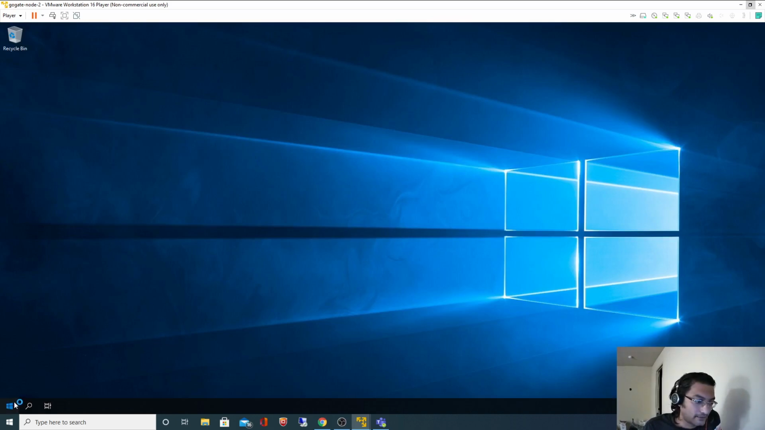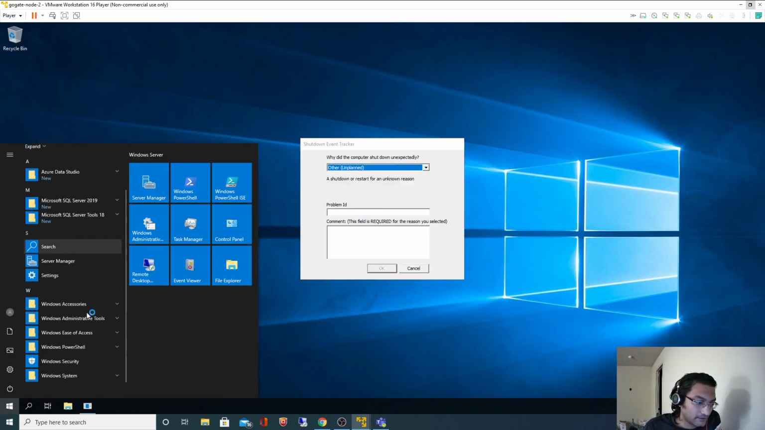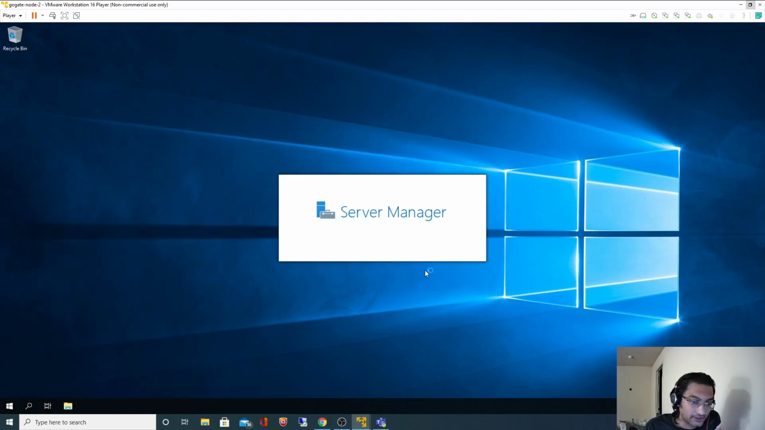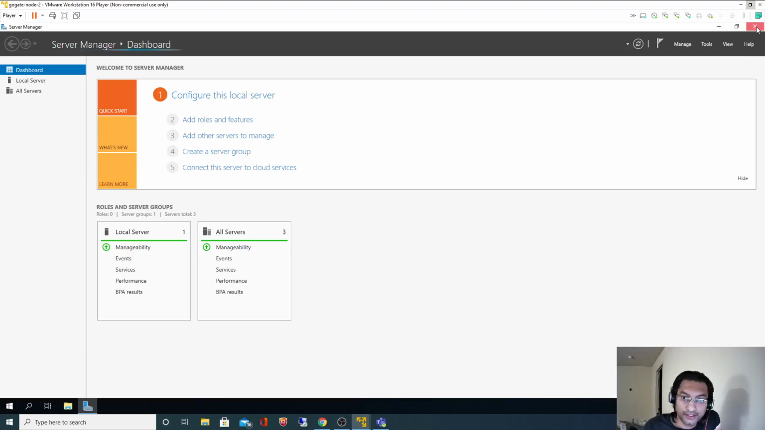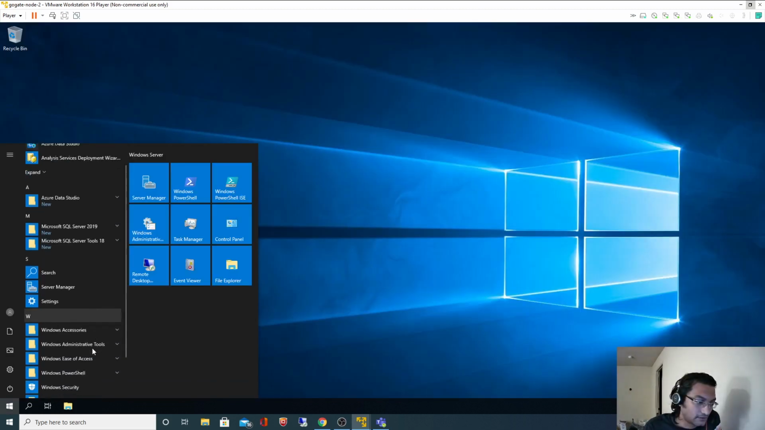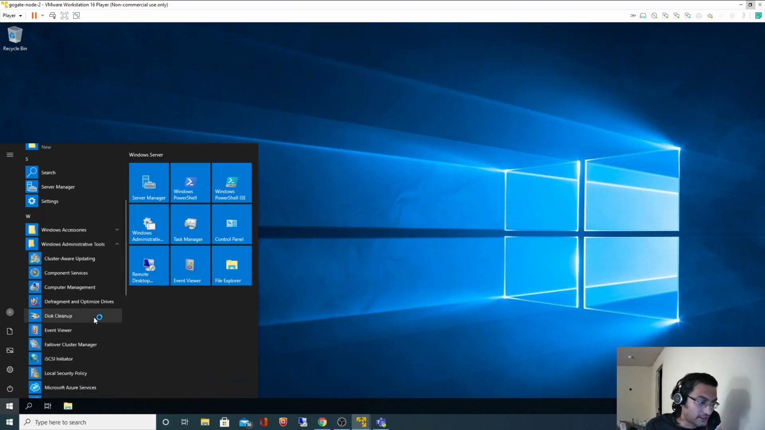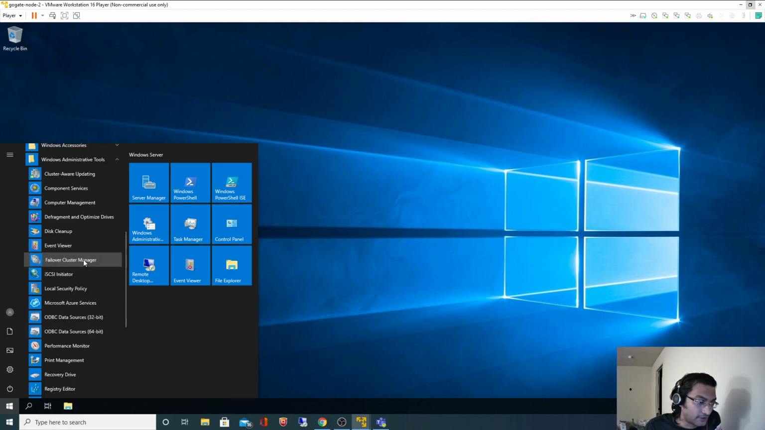Okay, I don't need this. Let me close Server Manager as well. We don't need this. And if I open Failover Cluster Manager,